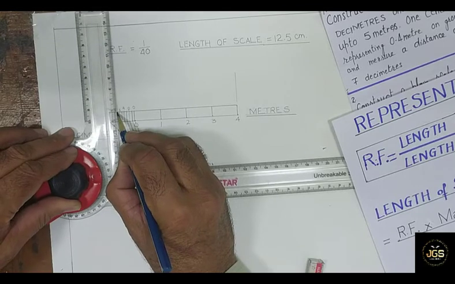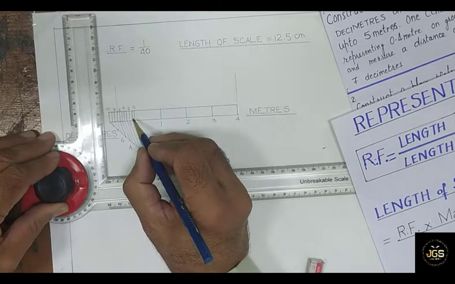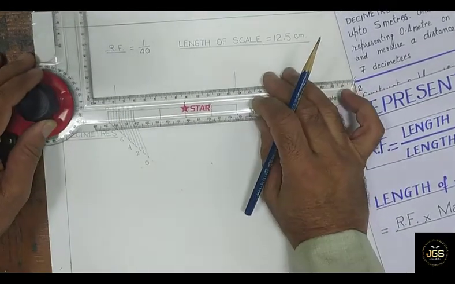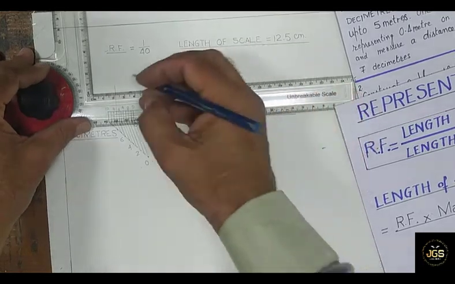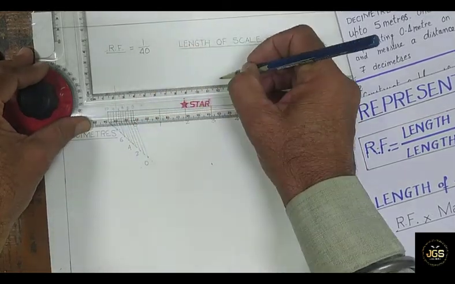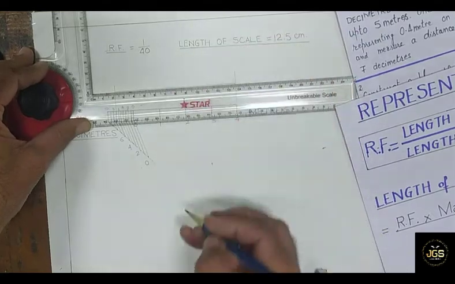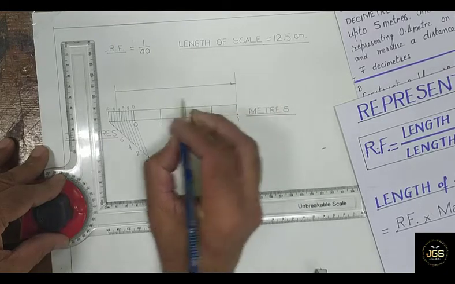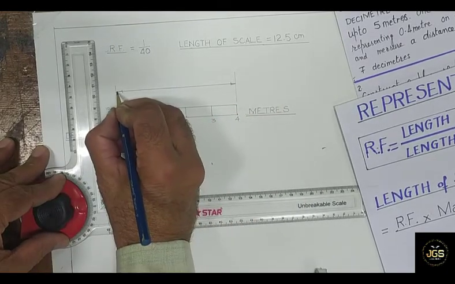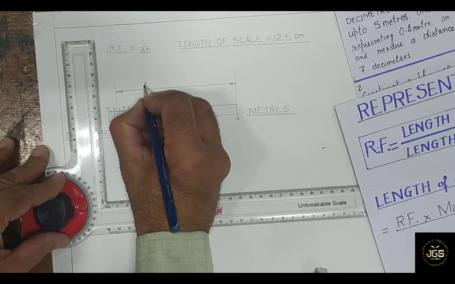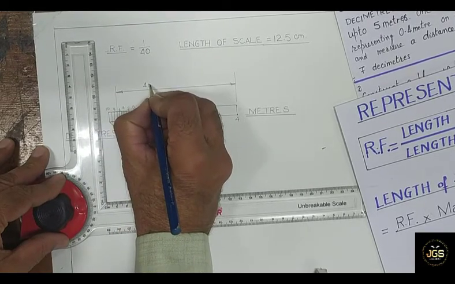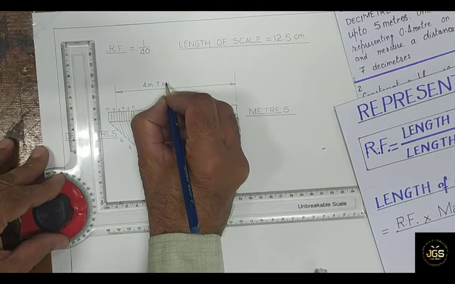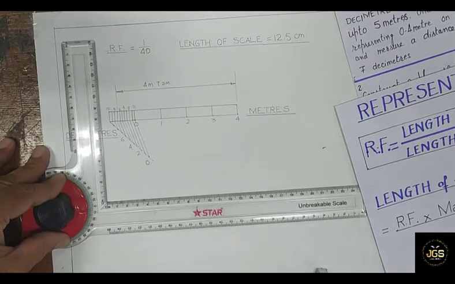You take this distance vertically up. So we have taken the 7 decimeters from here, 4 meters from here. This is a line which will show a distance of 4 meters and 7 decimeters. So you can write down and then draw the arrowheads. This is the length of the line that indicates 4 meters and 7 decimeters. So this is the way how we can construct a plain scale.